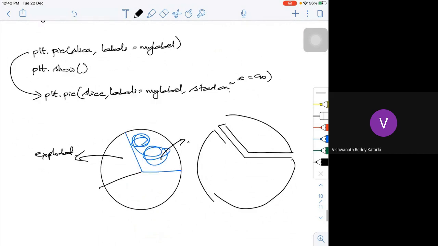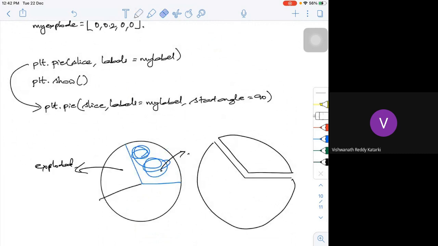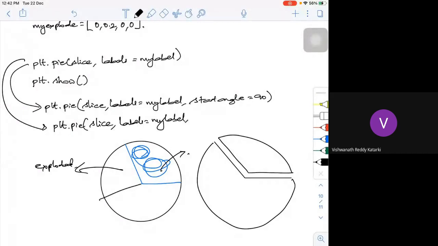So if you want to do that, it is plt.pie, slice, labels is equal to my label, explode is equal to my explode. If we define it, those things get exploded.